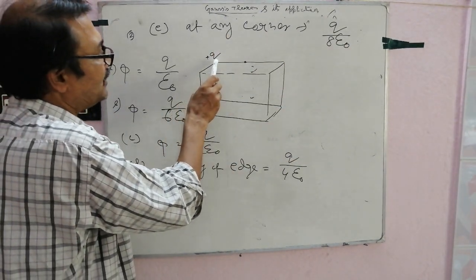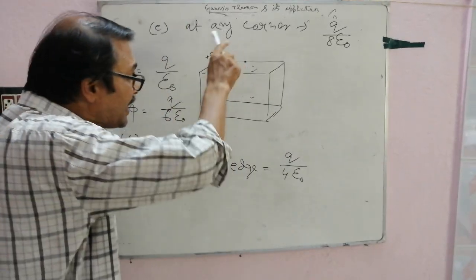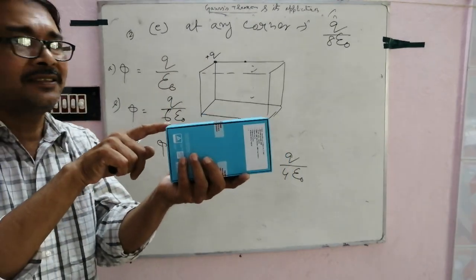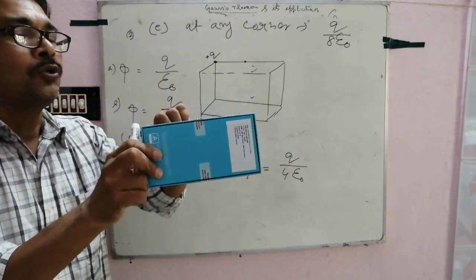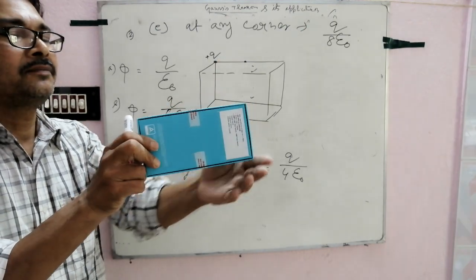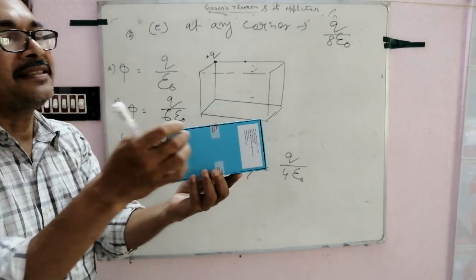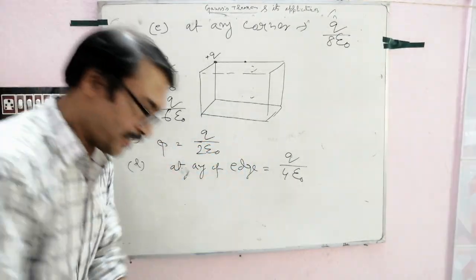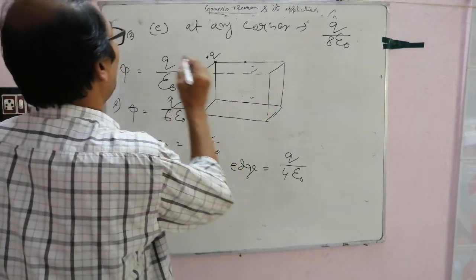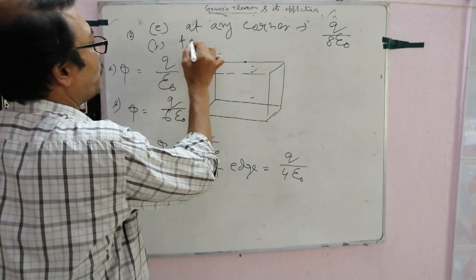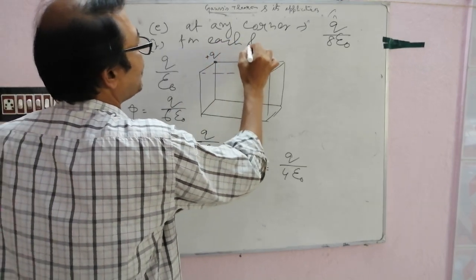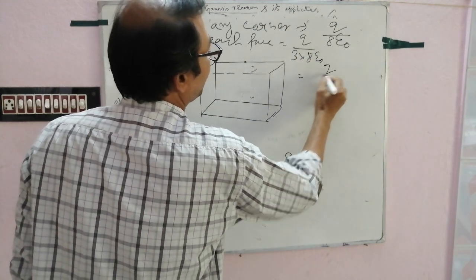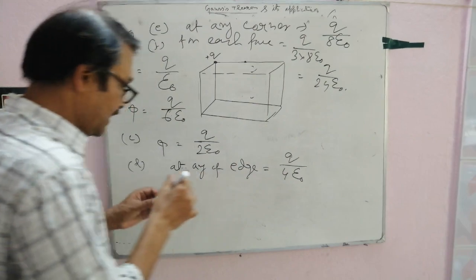Suppose here is the charge. So in this case, what will be the flux through each face? Follow. Here is the charge. If we draw a perpendicular from this charge, this is normal, and this is normal. How many faces are normal? If we draw the flux, 3 faces. So for case F, for each face the flux will be Q by 3 into 8 epsilon naught, that is Q by 24 epsilon naught. Clear?